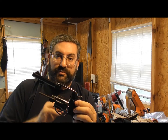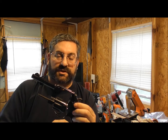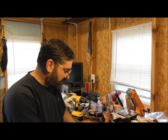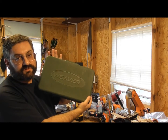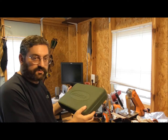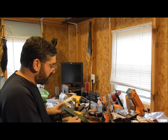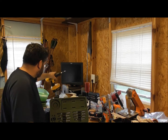So before I take this apart, though, I want to discuss tools a little bit. It's always a good idea to have the proper tools before you do any kind of gunsmithing work. So in this case, we need basically two kinds of tools. We need properly fitting screwdriver bits, and what I have here is a big set that I got. It's screwdriver bits, it's got a mallet, it's got a bench block, it's got some punches, and that's from Weaver. Get that out of the way,